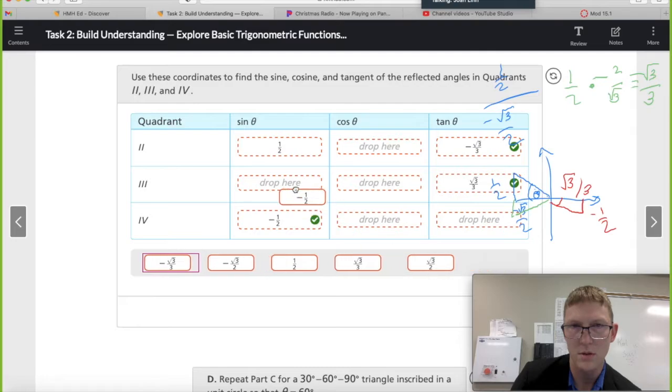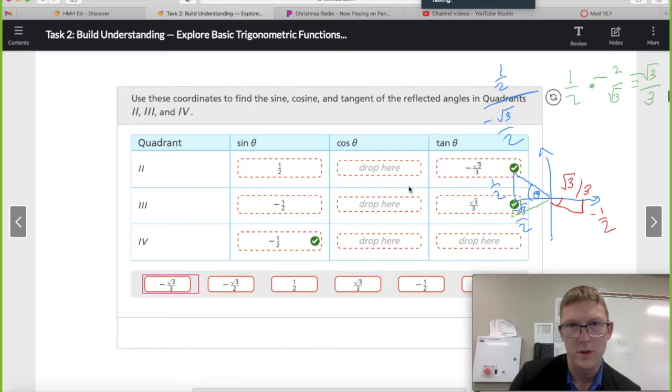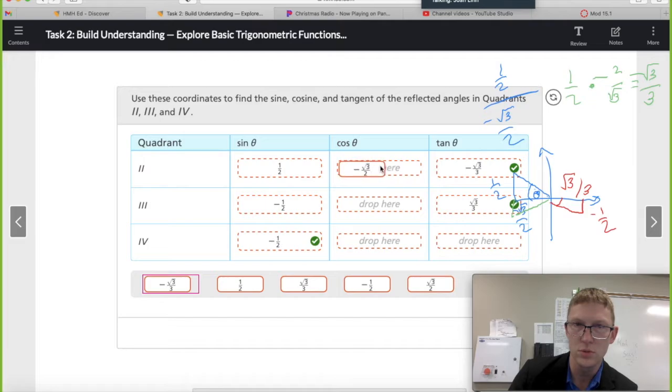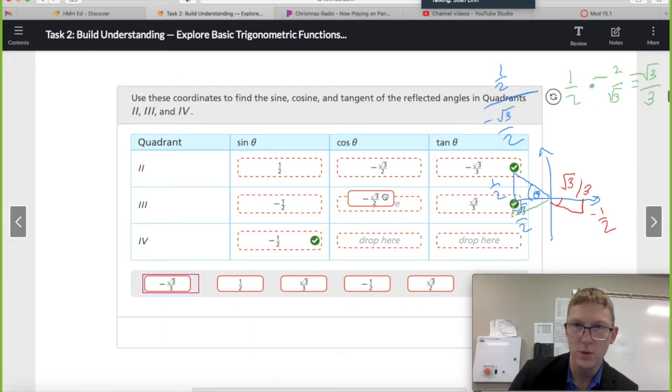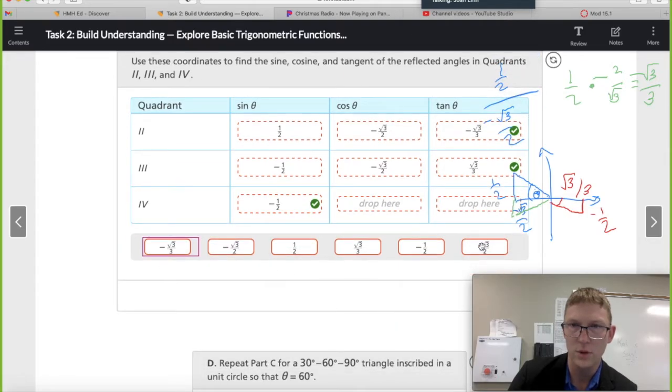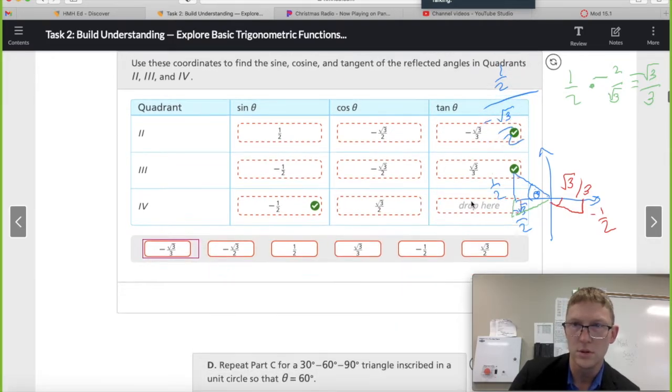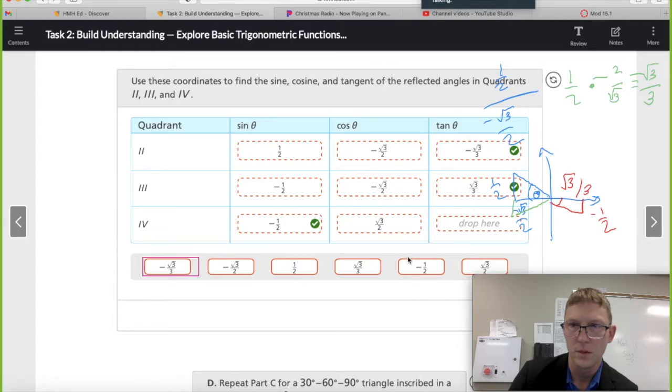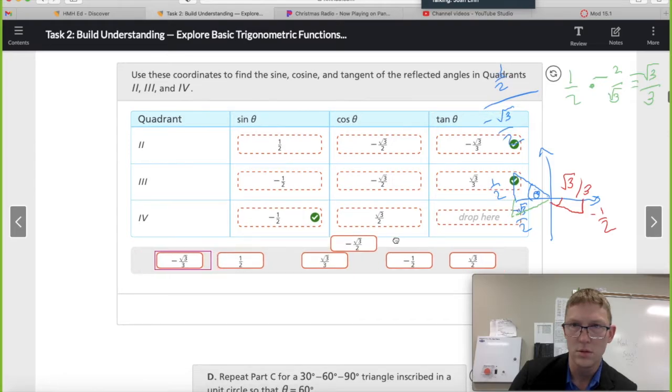Try to put the right one there. So then my cosine for quadrant 2 and 3 should be negative, and that's going to be negative square root of 3 over 2, negative square root of 3 over 2, and then this last one would be positive square root of 3 over 2, and then tangent over here would be, oops,